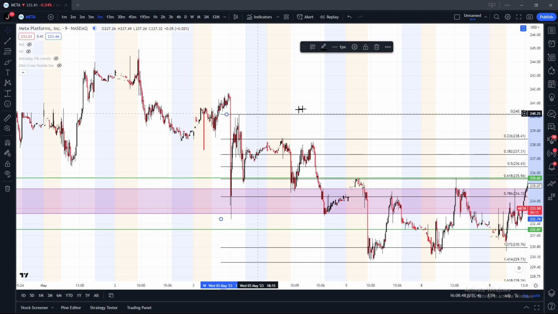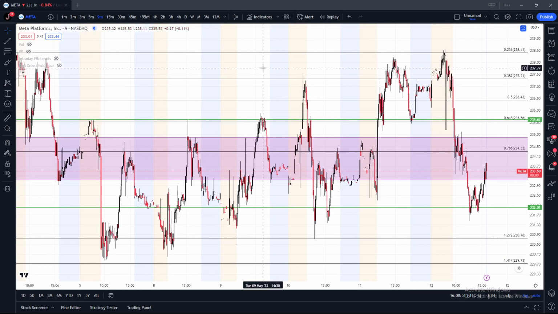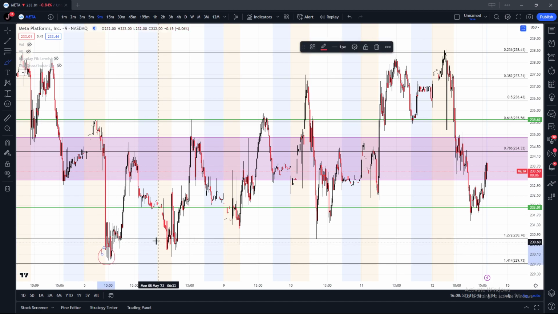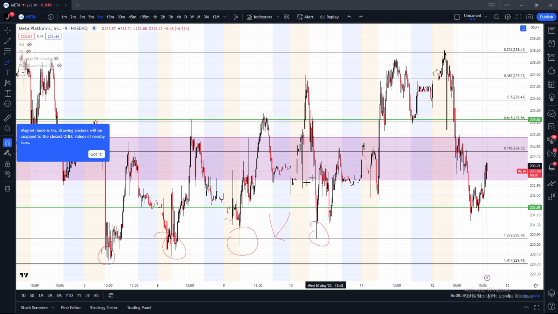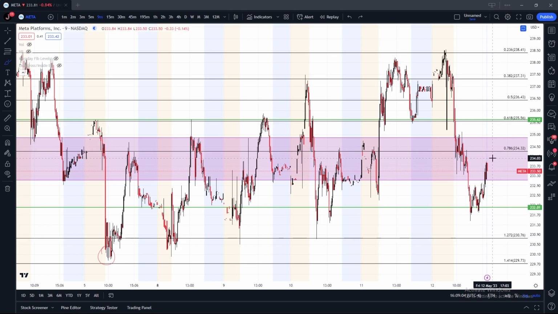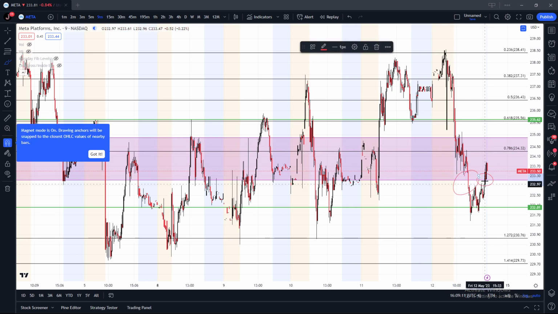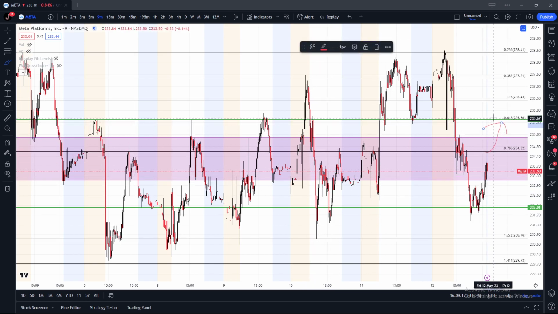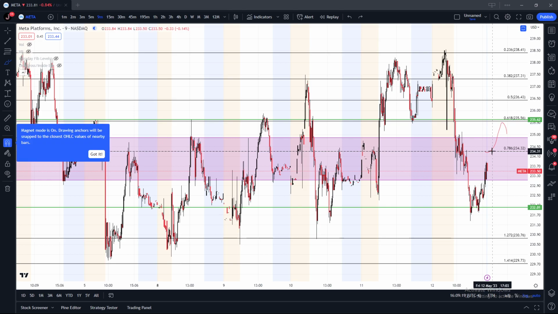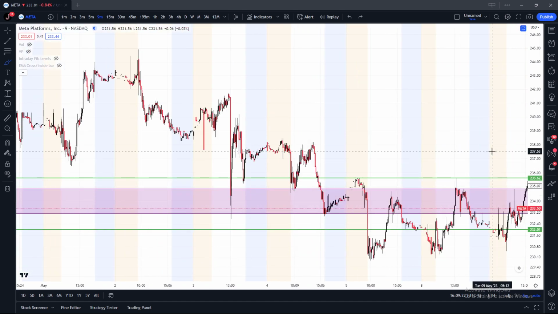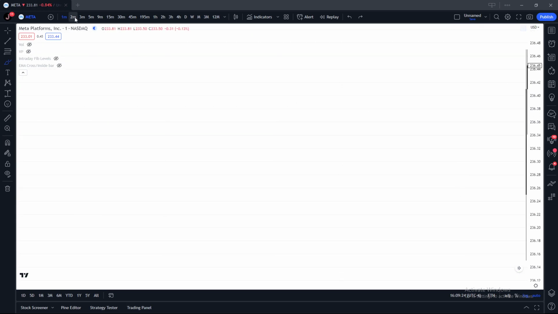So my problem with Meta short term is it needed to put in higher lows, which it has, right? This bounce isn't the best. This bounce is healthier, accumulated, and a reverse stronger. But because this bounce was weaker, this spot got rejected and it failed to put in a higher low and to close. So basically what we're trying to say is if you're watching Meta, the new spot if it's going to surge isn't just at the bottom of this anymore because we've already done that, right? It's trying to raise that continuation support up above 234s and 235s. So that's just a short-term way I would chart something at post ER, things like that.